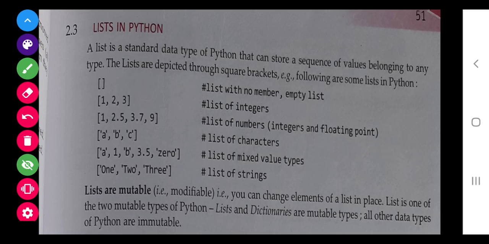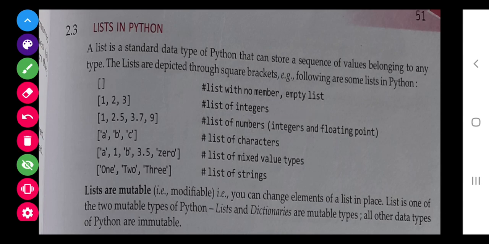We can have an empty list, that is no element in it, a list of integers, a list of numbers, which may include integers and floats, and next is the list of characters. Next is a list of mixed value types and a list of strings. Lists are mutable, that is modifiable. You all know we can change the list elements.